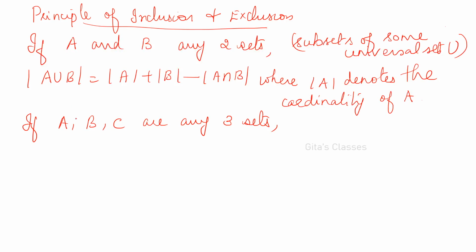Okay. So now what is cardinality of A union B union C? Always remember, you have to take 1 at a time, 2 at a time, 3 at a time, depending on the number of sets given. 1 at a time, always start with positive. Then for 2 at a time it is negative, then again for 3 at a time it is positive. Always start with positive, then alternately positive and negative.